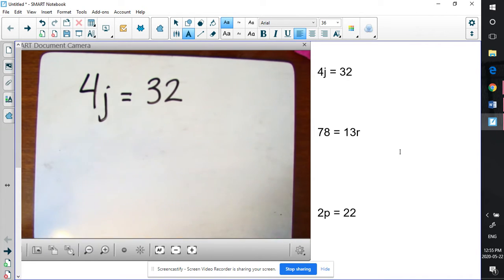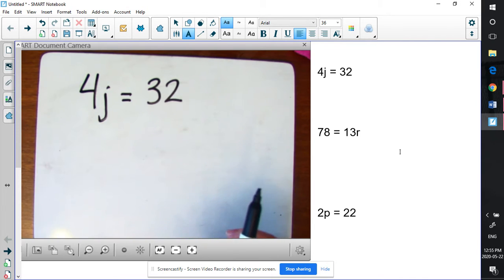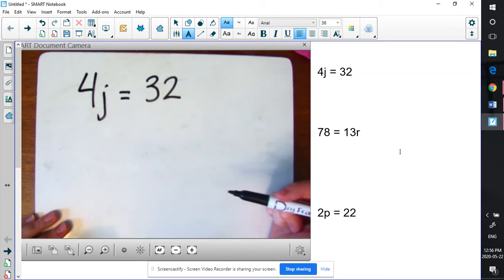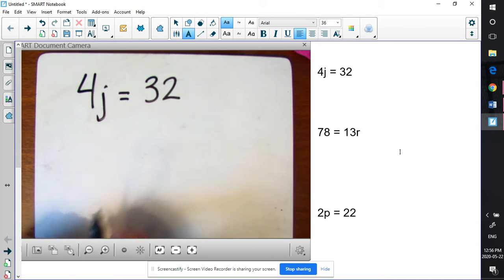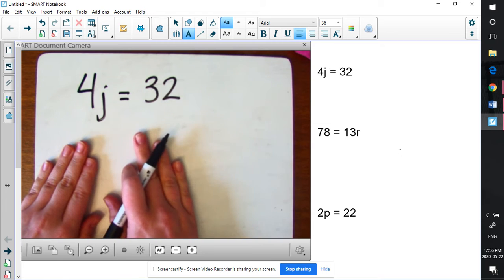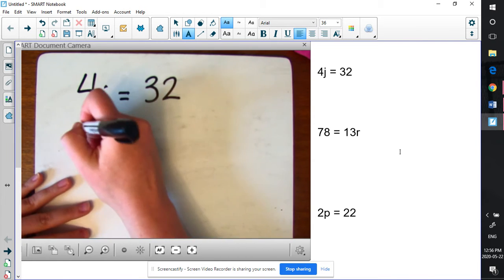So let's solve this using opposite operations. If there is a times here, what's the opposite of timesing? What's the opposite of addition? It's subtraction. So the opposite of timesing is dividing. Now that's something that you guys need to memorize, the opposite operations. Addition and subtraction are opposite, multiplication and division are opposite. So I'm going to perform the opposite operation. So I'm going to divide